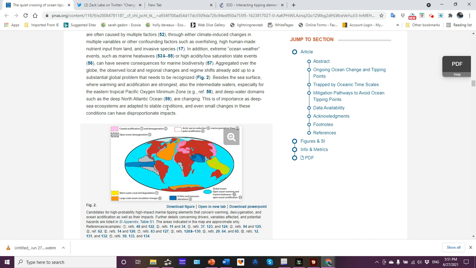They can talk about the ocean tipping points here, and all these tipping points are telling us one thing: the oceans are dying. They are dying, and the tipping point is going to push them into the ocean's death knell. I'm being blunt here, but that's what's happening. So I thank you for your time.